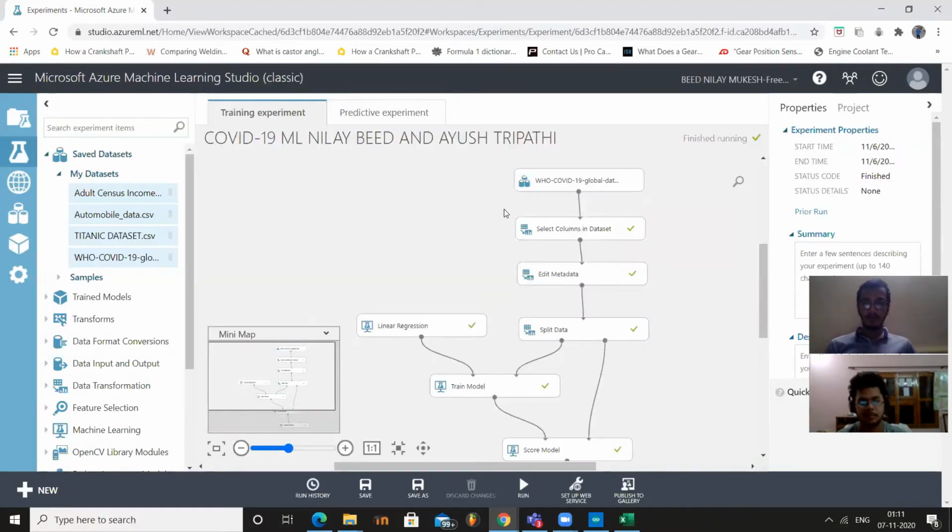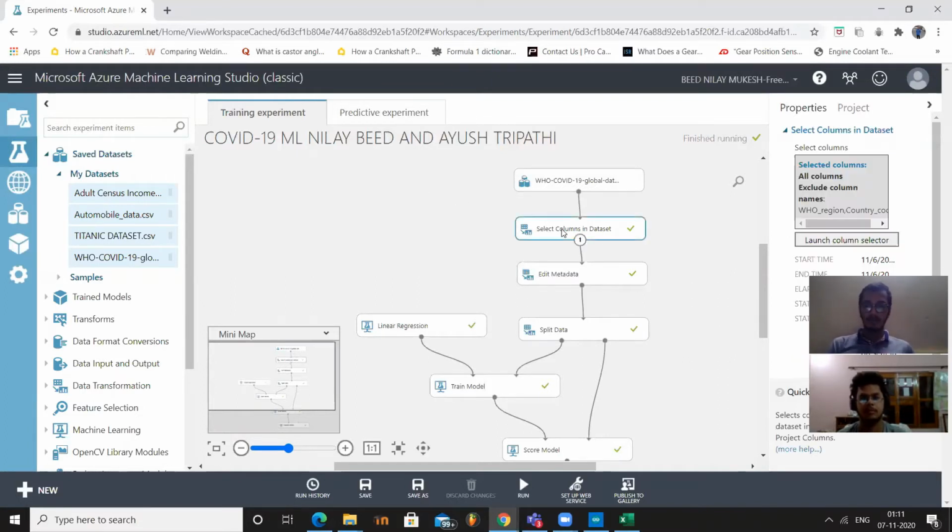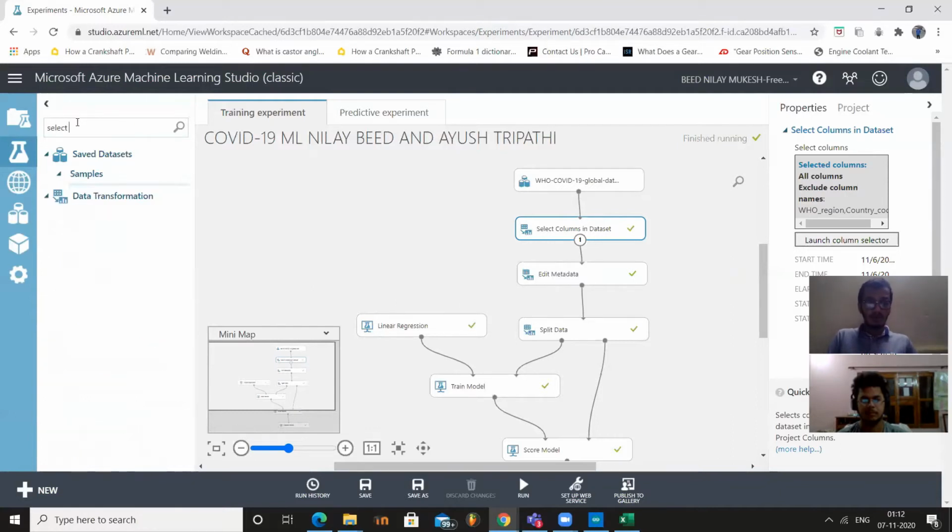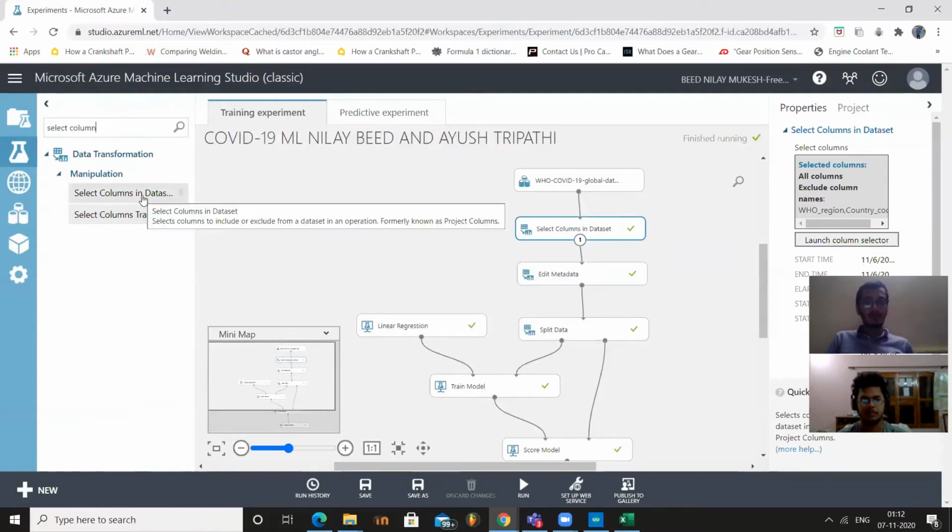After importing the data set, you just need to filter the data and remove the less important columns which you do not want in your model. So for that you need to search for the select columns in dataset option, drag and drop it over here and connect the dataset with this option.